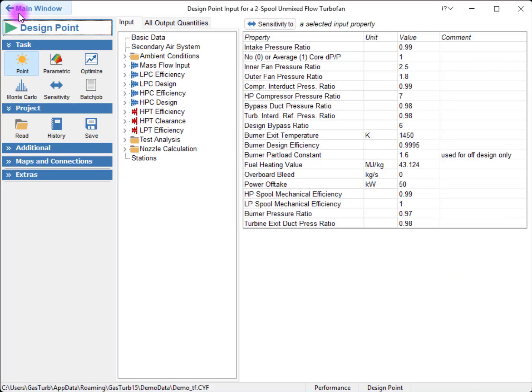When we set a gas turbine design point, we select the compressor pressure ratio and the burner exit temperature, among other parameters. A good understanding of how the cycle is affected by these parameters is very valuable. With parametric studies, we can examine and visualize the influence of varying either one or two parameters on the gas turbine's cycle. To conduct such a parametric study, we click on the task Parametric.